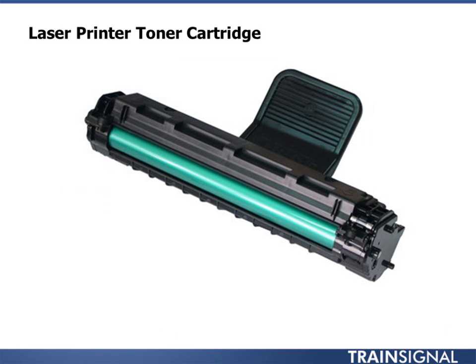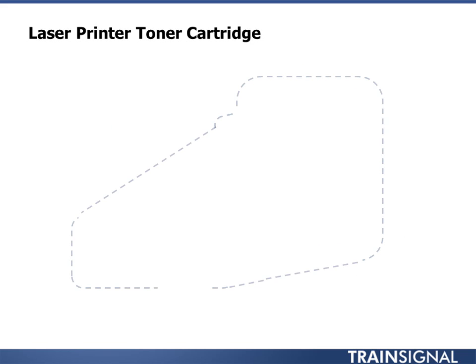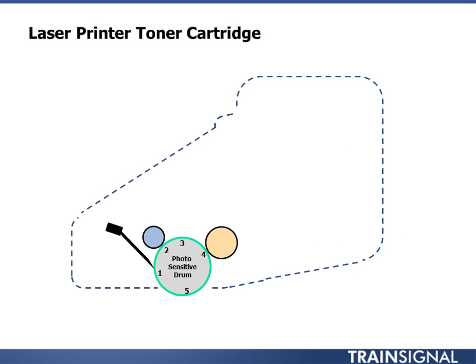Speaking of the toner cartridge, I talked about the photosensitive drum, and that's actually inside of the toner cartridge. Here's a picture of a toner cartridge, just to give you an example of what one looks like. The photosensitive drum is actually part of this cartridge. Not everything that we talked about is inside the toner cartridge, but a lot of it is. For instance, step 1, where we have the cleaning blade, is found inside the toner